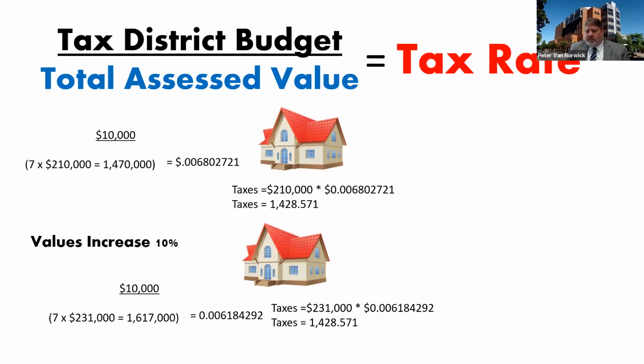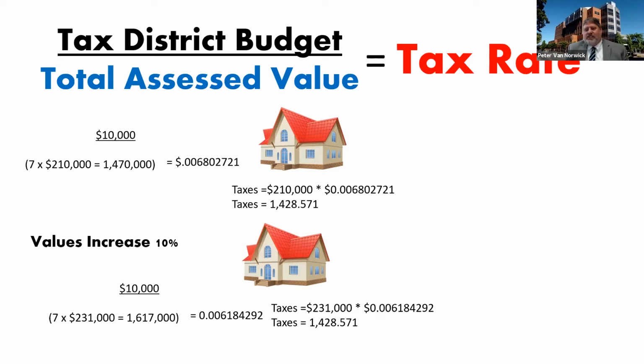So if you take the 7 homes times the 231,000, you now end up with a total assessed value of 1.617 million and a tax rate of 0.006184292. Take that tax rate, multiply it by the assessed value of each home, and you see the property taxes are $1,428.57. And the reason we like to show people is